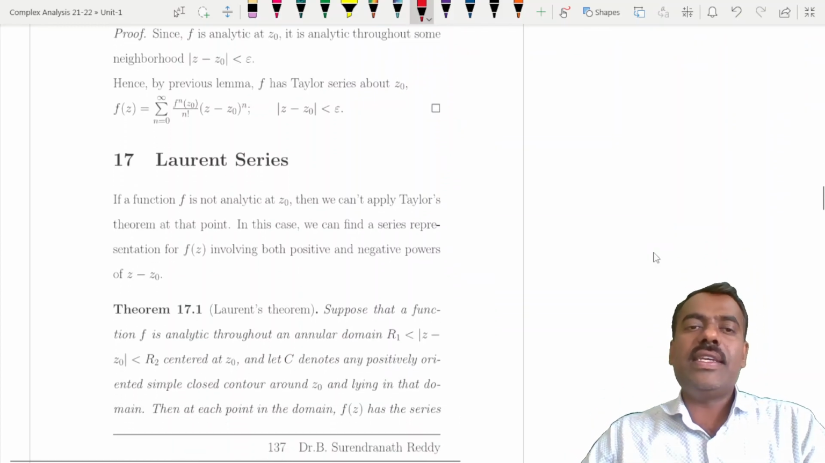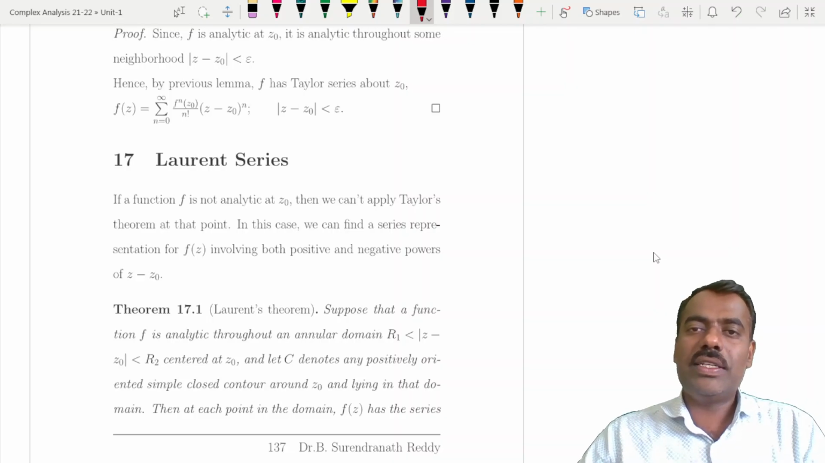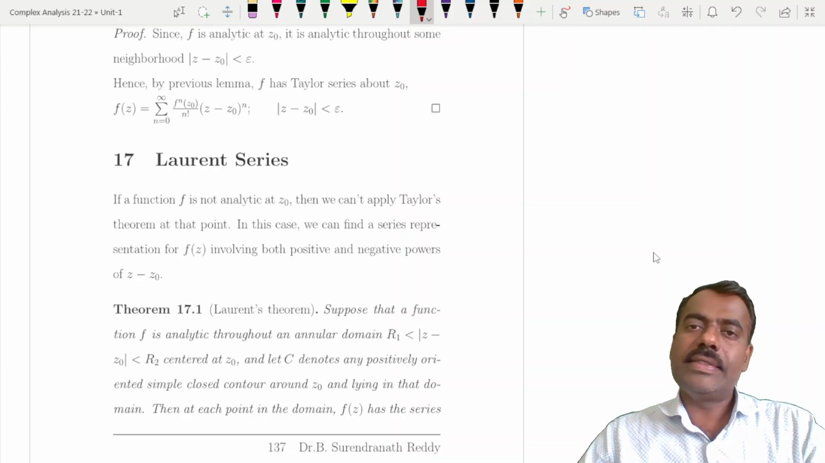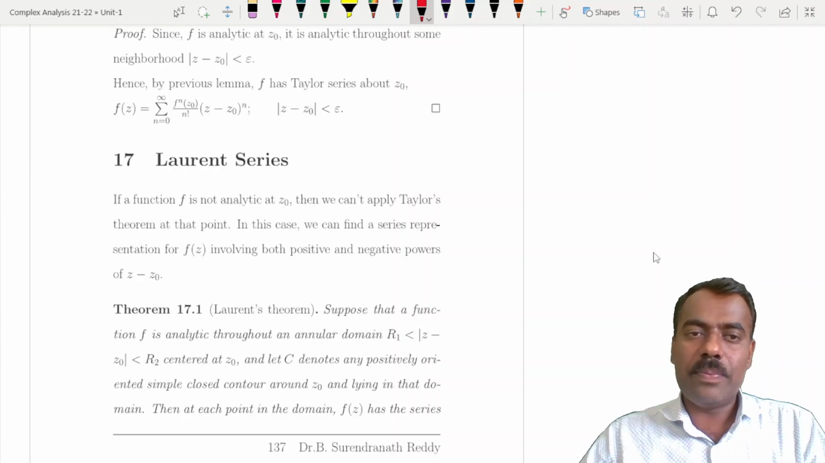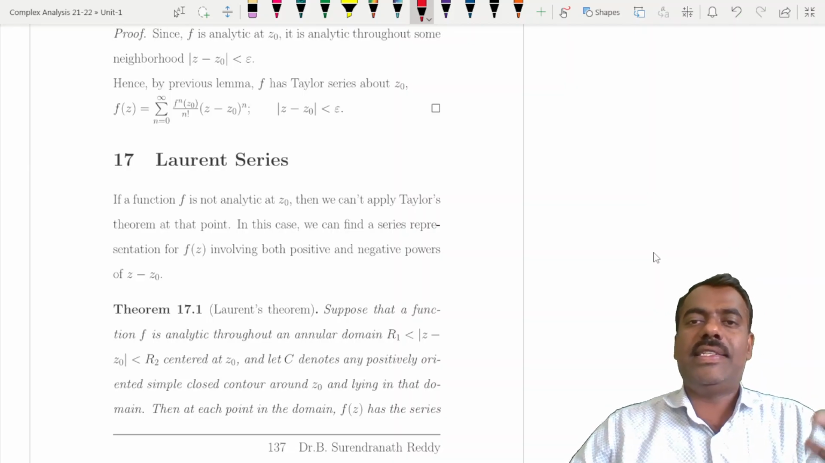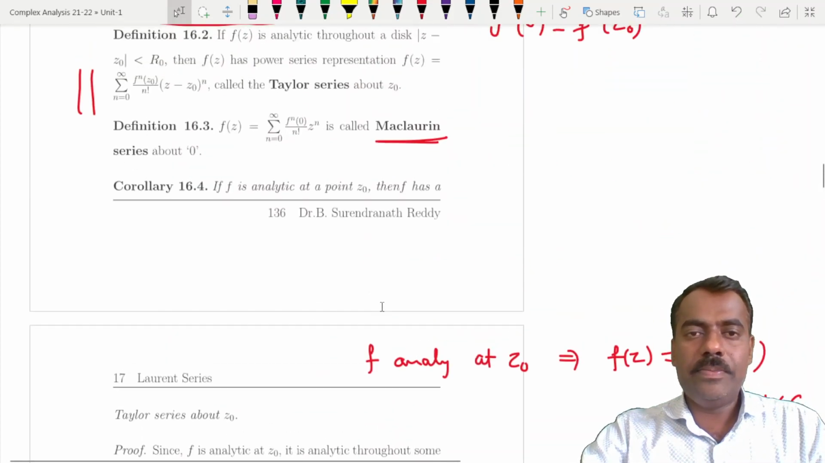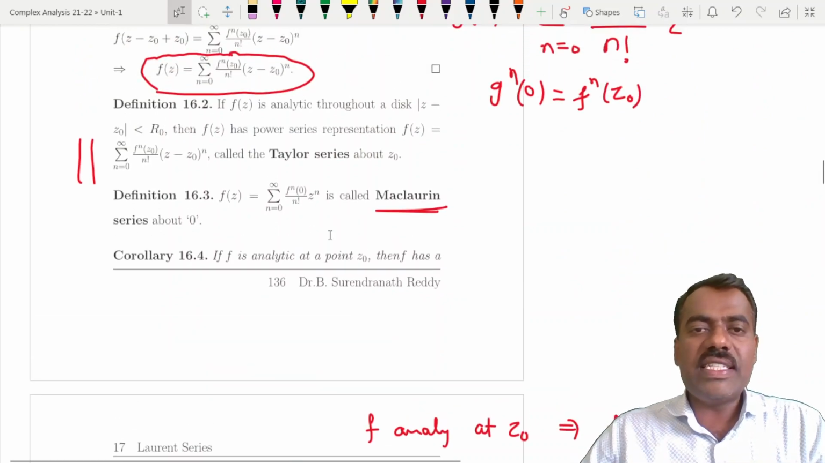Examples we'll see after proving this result, because these two are almost connected. So after finishing this, maybe in the next class we'll see examples about Taylor series, Laurent series, and Maclaurin series. Okay, now this result, what we have proved, Taylor's theorem, is: if f of z is analytic